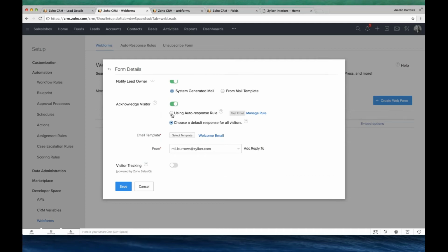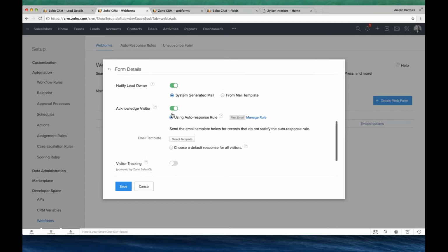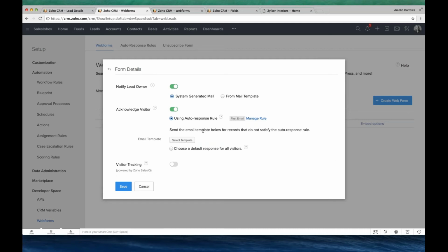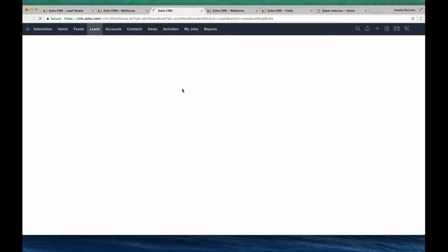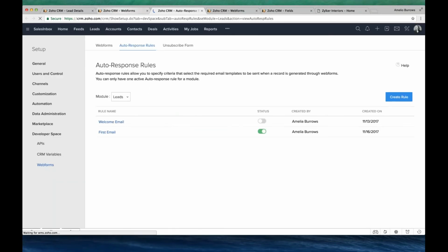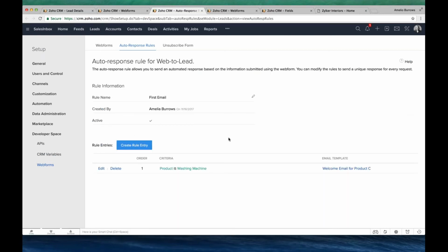You could see there is a use auto response rule template. You can choose that, and based upon the rule, the mails will be sent. There are two rules here.